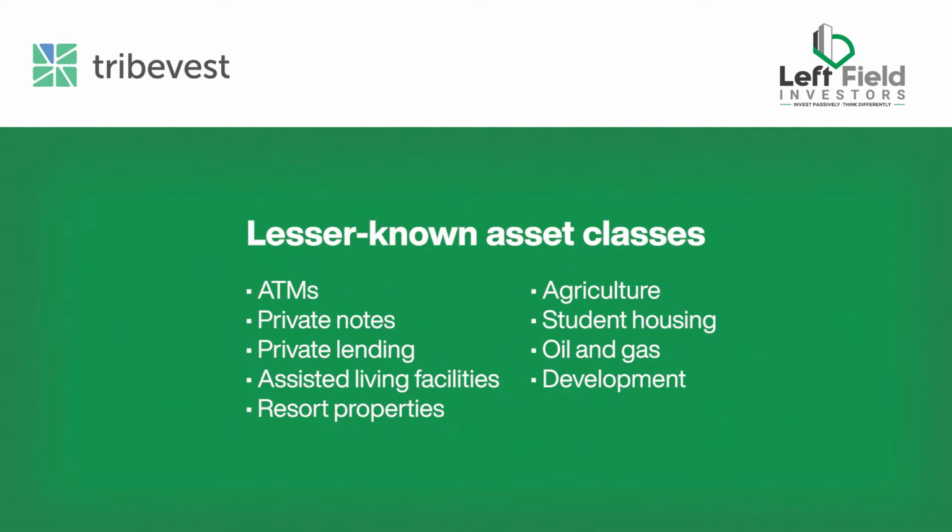That's a pretty long list. I wouldn't even know where to start. You start with what you know, right? So you probably have lived in an apartment at some point. You might have used a self-storage unit at some time. You've probably used an ATM before, right? So start with the things that you know and understand, and then branch out from there and figure out, is there something else I could do?